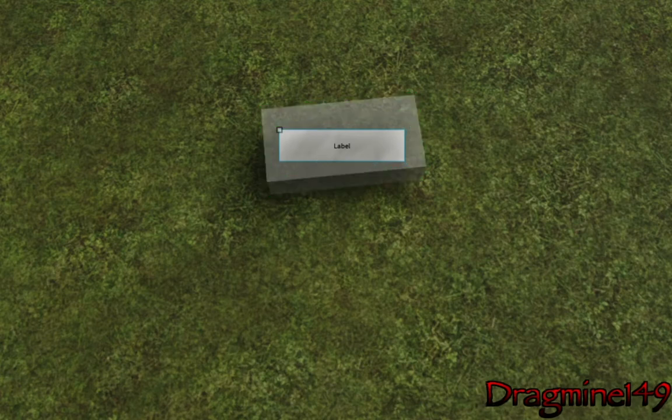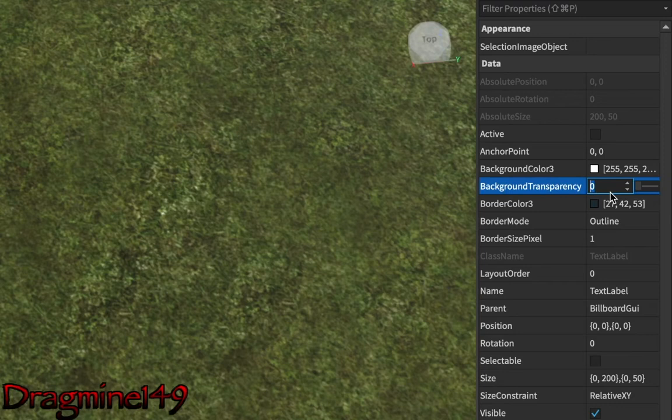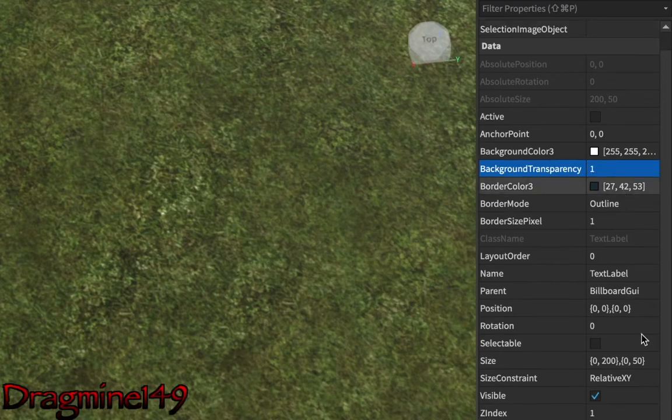So if I go back into my properties, I can now configure the text label. I'm going to keep the anchor point where it is. I'm going to set the background transparency to 1. And if I scroll down a bit, I'm going to set the size to 1,0,0, which means this would take up the whole space.